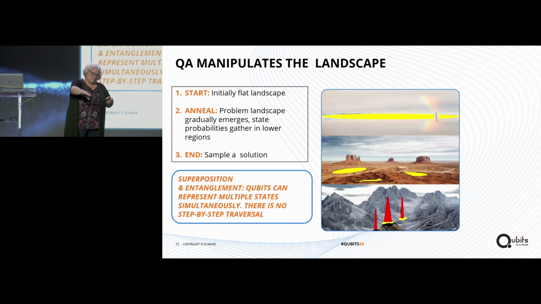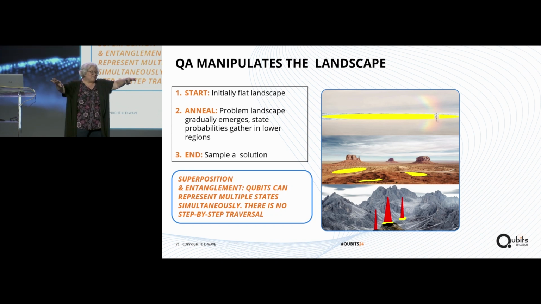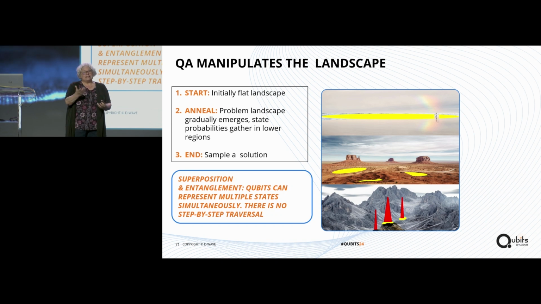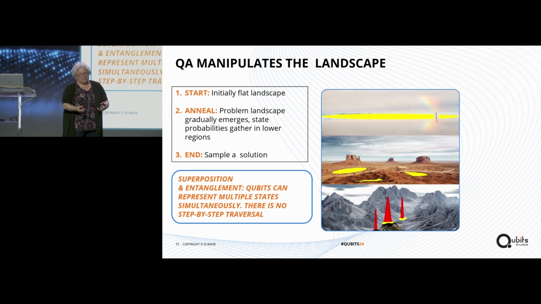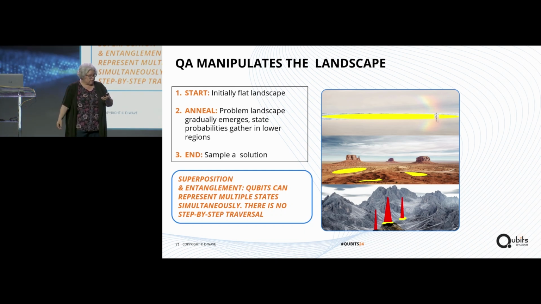And so I drew this great picture where it starts out with a flat landscape, all the probabilities, everything's in equal superposition. You know, the probabilities are everywhere the same. And then gradually during the anneal, the landscape starts growing up out of that flat region, and you start to see features defined, and the probabilities pool in the low-lying regions. They're looking for their ground state, and the highest probability is going to be the lowest energy state. And then at the end, you have the same landscape as before, but your probabilities have pooled, and they're all down there and that's where you draw your distribution from.